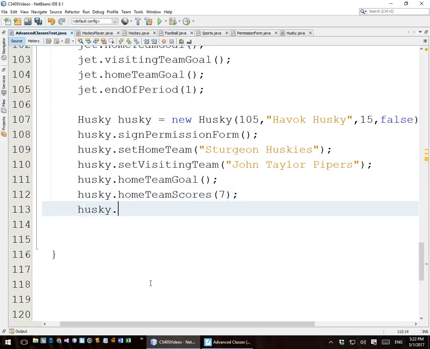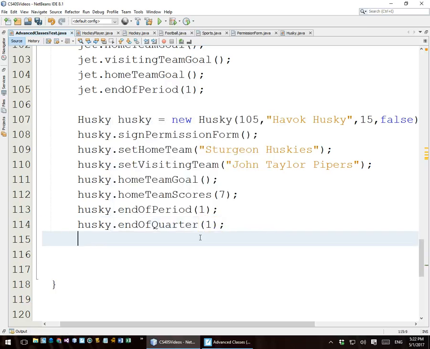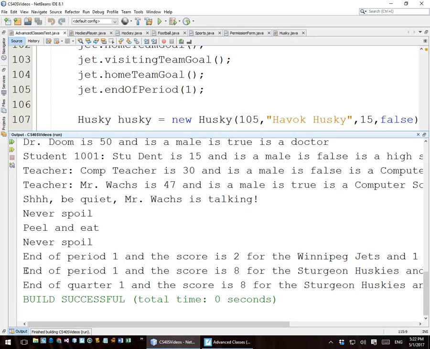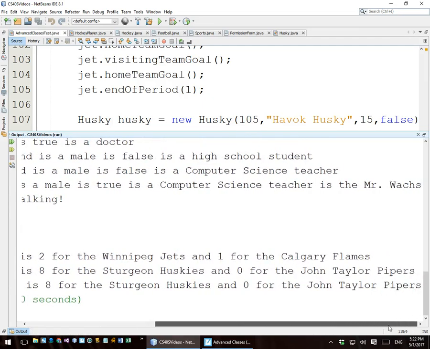Let's take the Husky dot end of the period, 1. And let's have the Husky dot end of the quarter, 1. And let's run this code. All right, so it's end of period 1, and the score is 8 for the Sturgeon Huskies and 0 for